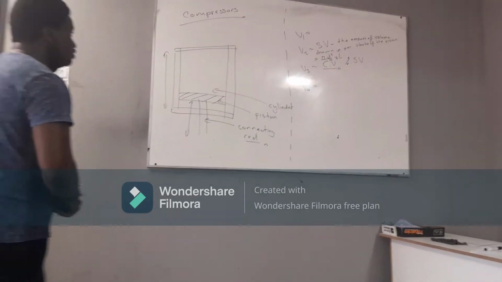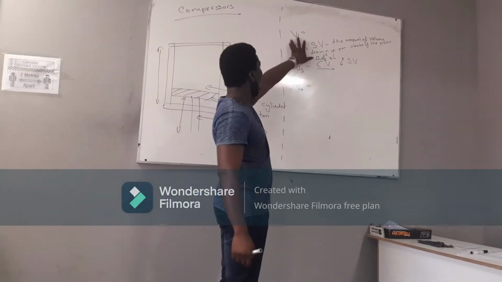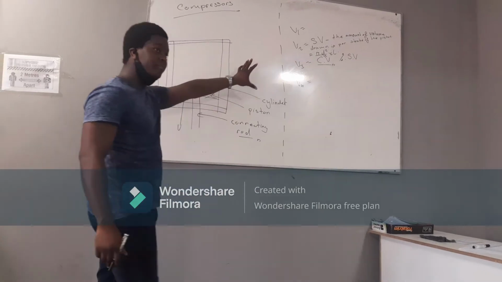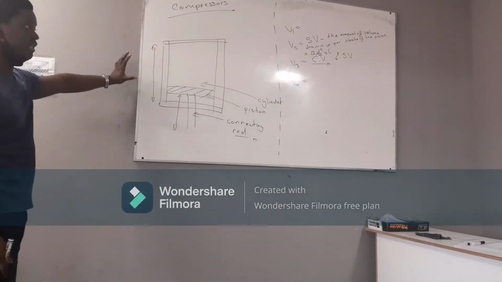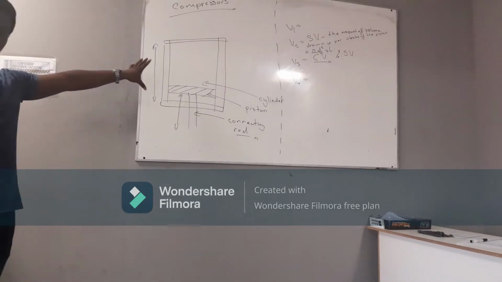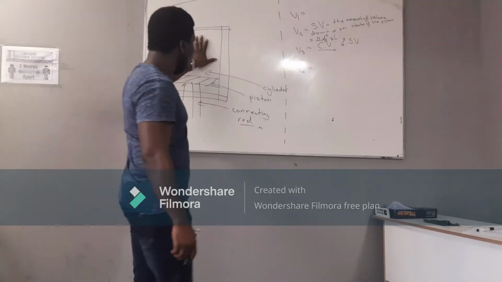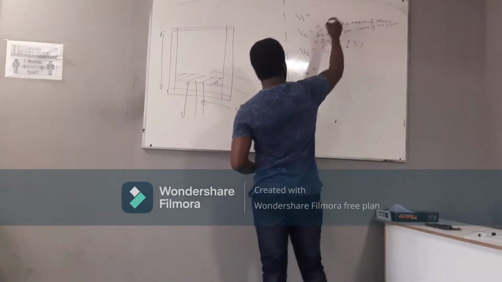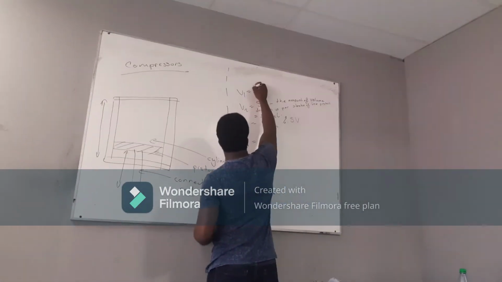Okay, then let's move on to the second one. The second one, we've got V1. V1 is the total volume that will be inside the cylinder. Are we together? So the formula for V1 is equal to